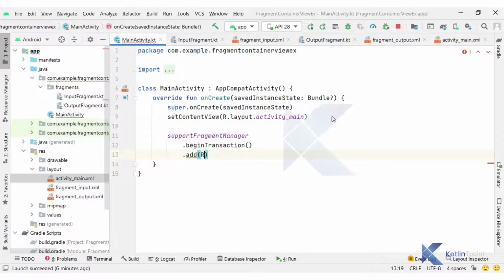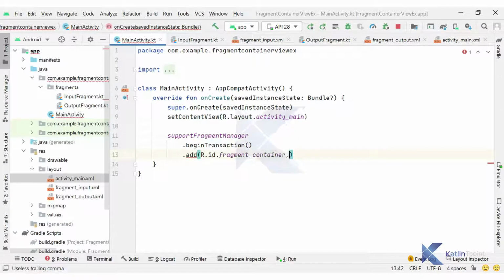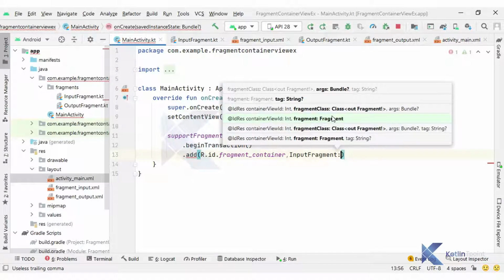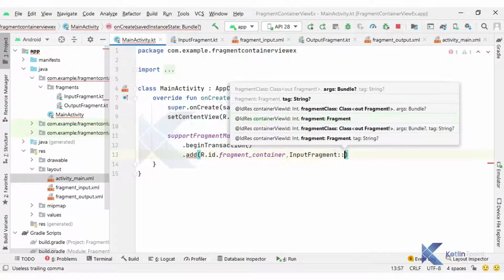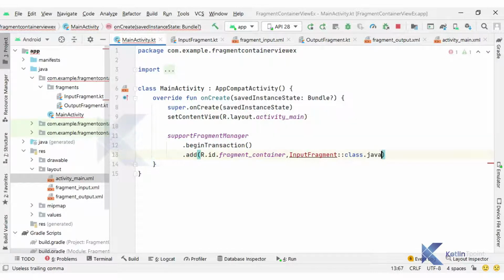So here, instead of frame layout, I have fragment container view, and the second argument will be our fragment, the input fragment, which I am going to display currently. These two parameters are enough, and then dot commit. So this is the code we can have.